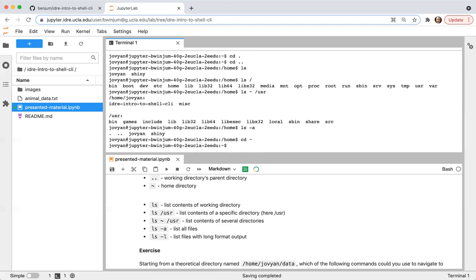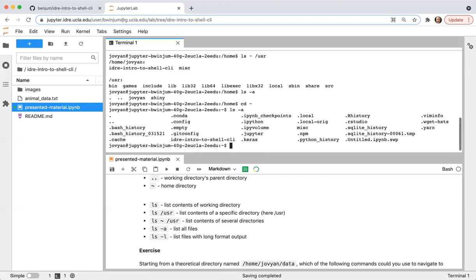Let's change back to the home directory and do ls -a. If you do ls -a inside of your home directory, you're going to see a lot of files which start with a period. The files that start with a period are hidden files, which means that they aren't normally shown when you do something like ls. A lot of these are text files or configuration directories, which are just intended to set up the configuration for your environment, or to execute certain commands when you log into the system.